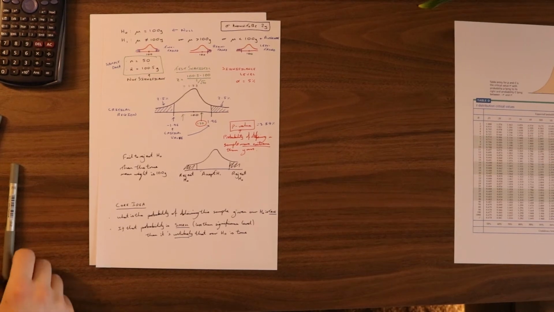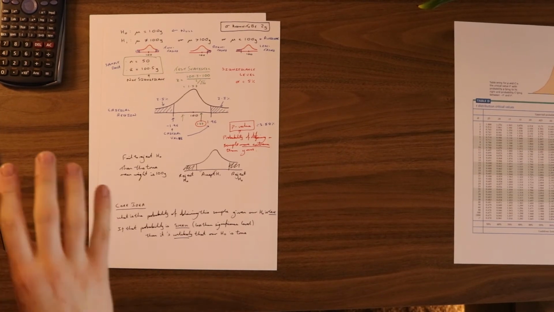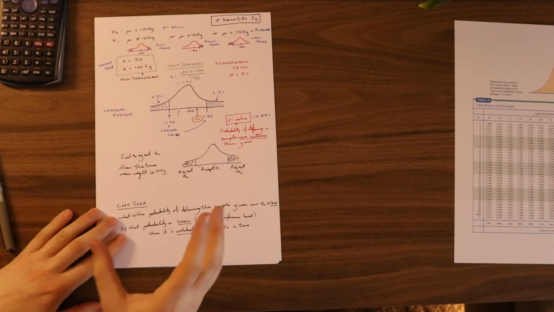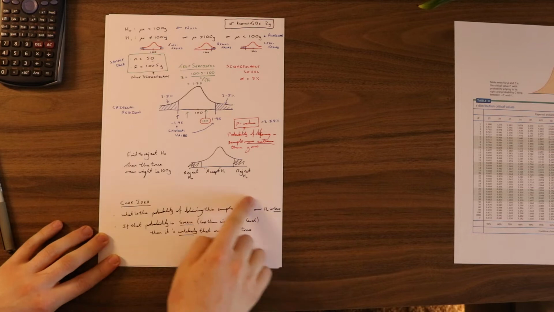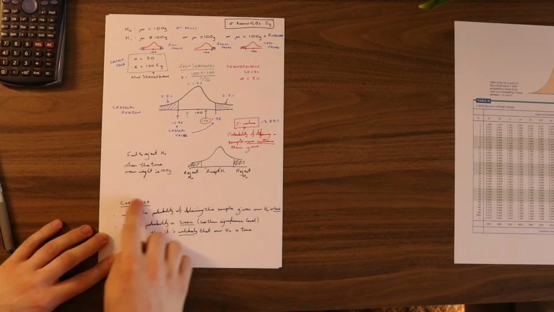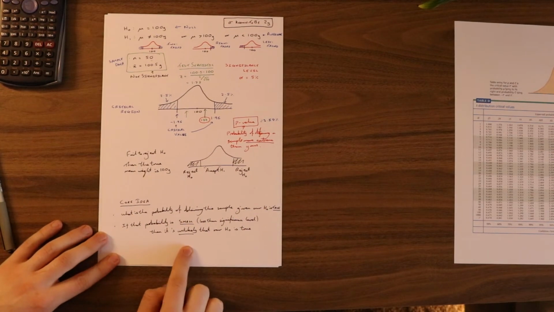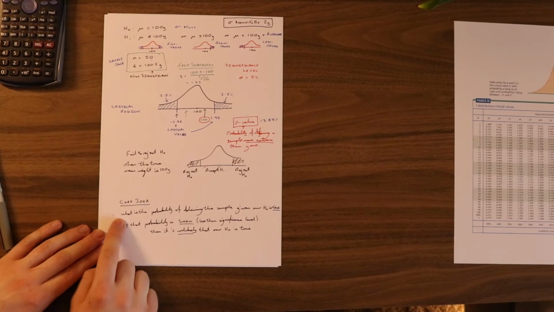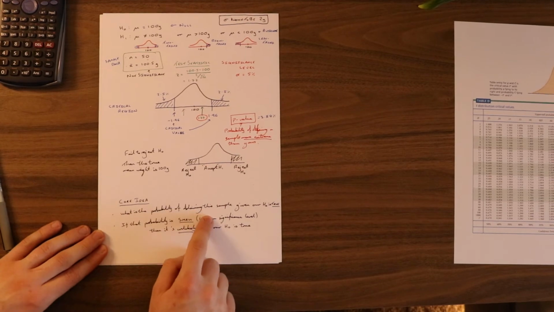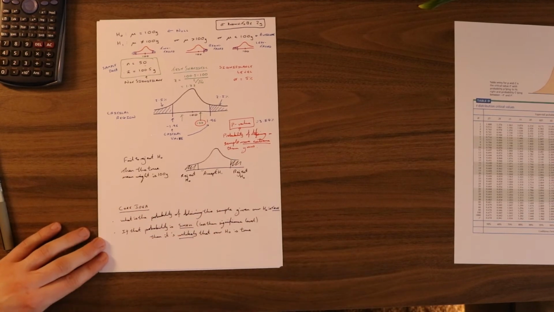Cool, so in this video I just want to talk through a very quick example, hopefully string it all together. Hopefully you've got the idea of what we're doing now, but just to make sure that we do, I've summarised the core idea of what hypothesis testing actually does in a couple of bullet points down here. So the core idea is we're literally asking what is the probability of obtaining a sample given that this null